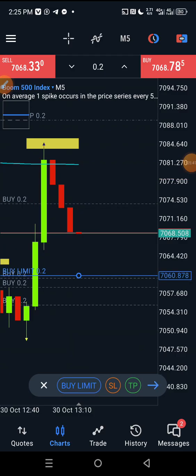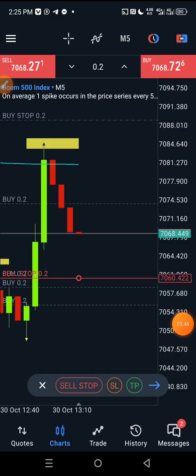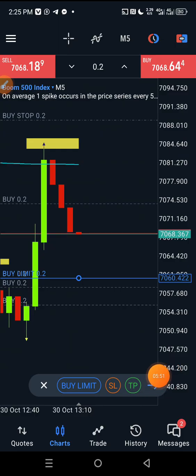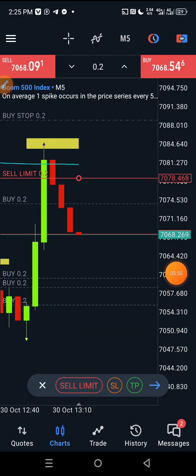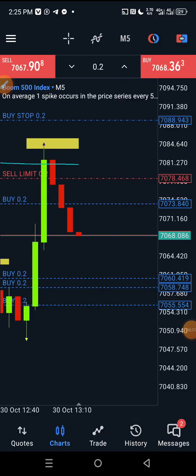You see, when this thing was down below the current price, whatever sell limit, it will not highlight. But if you carry it up above the current price, because the current price is this, 70.68, and this one is 70.78, then you can now execute a sell limit. Meaning that if the returning spike happens, that will bring the pattern and touch this our sell limit line,